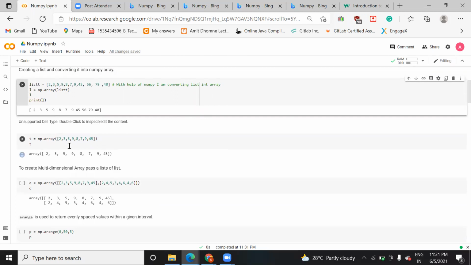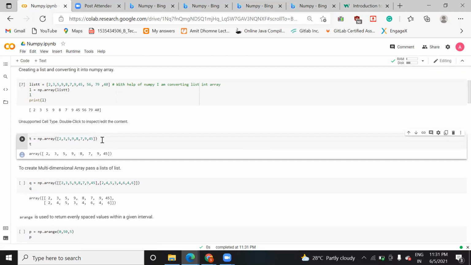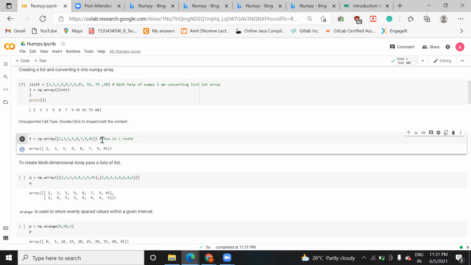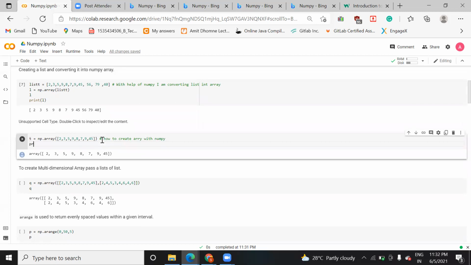Now we are going to see how you can create an array with the help of NumPy. So let's run this. As you see, you just need to write np.array. Now a question might come to your mind: why am I using np?